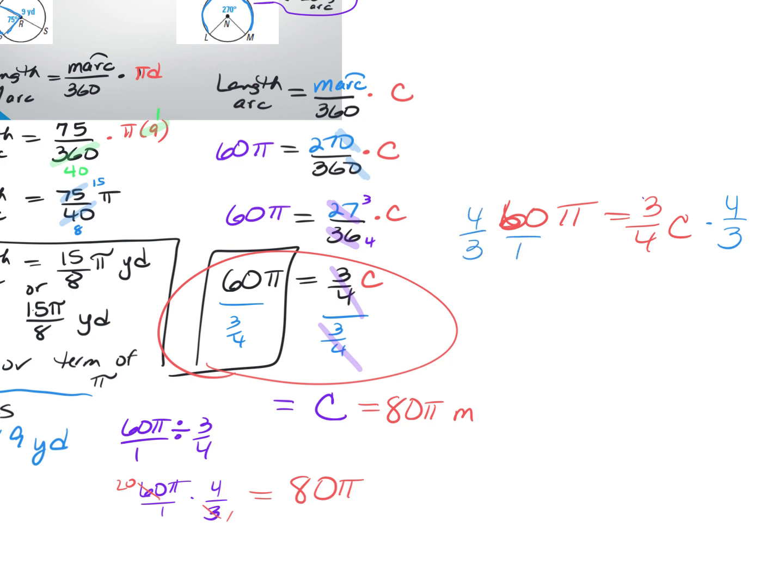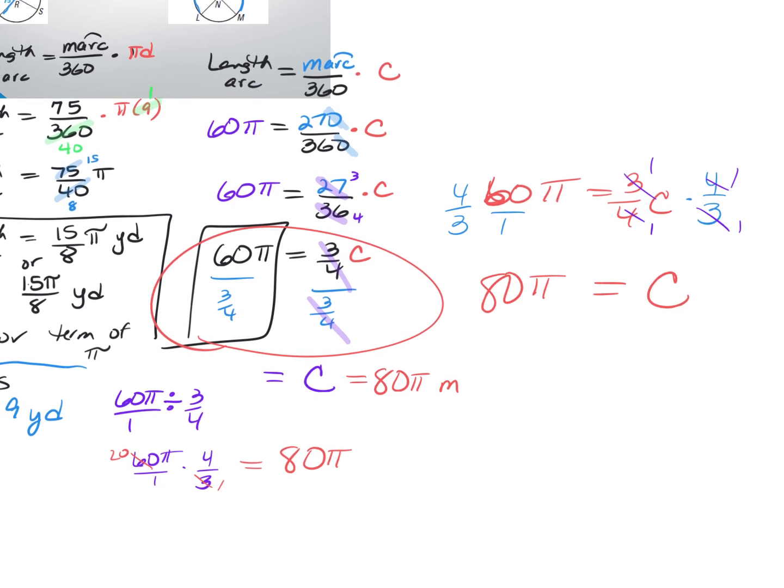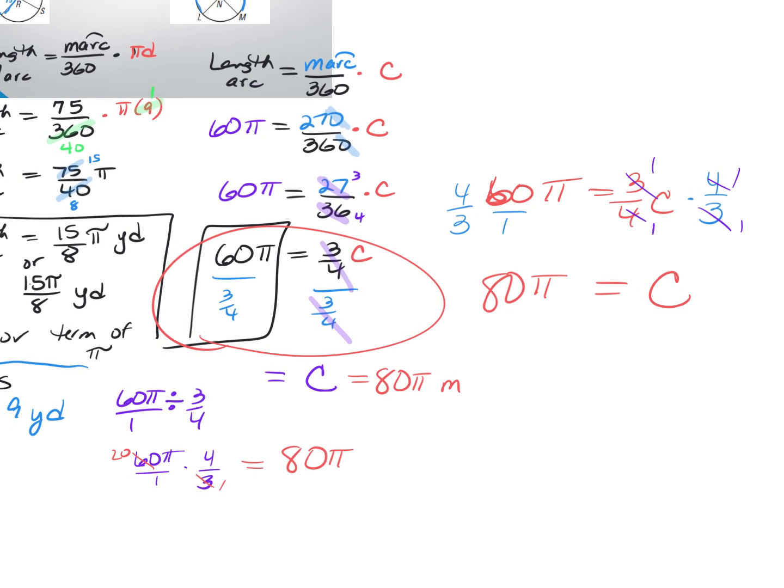Then that simplifies, these all become 1s, and I get my c by itself, and then I multiply. Now, if it said to use your calculator, then you would do 80 times the pi button, and you would get